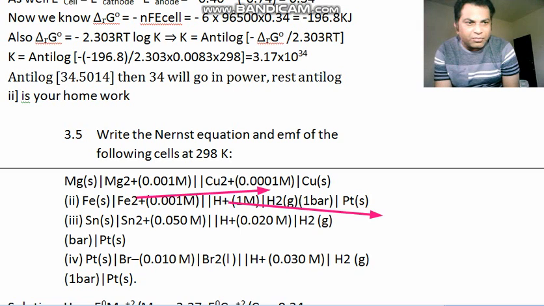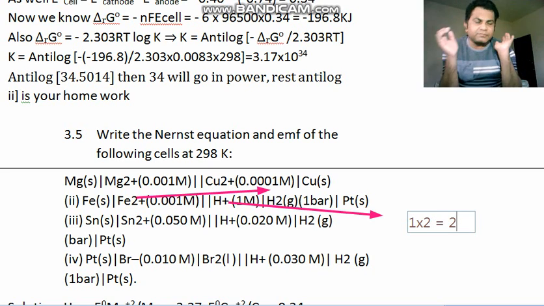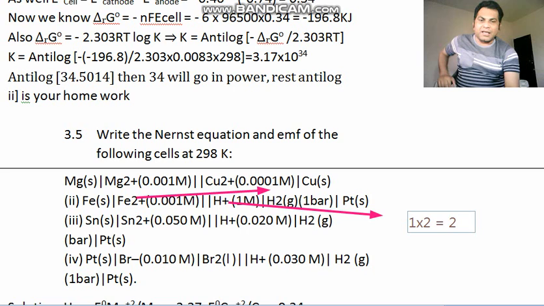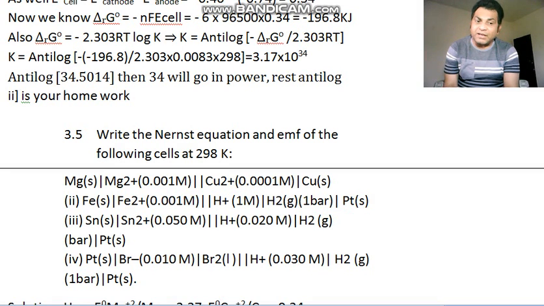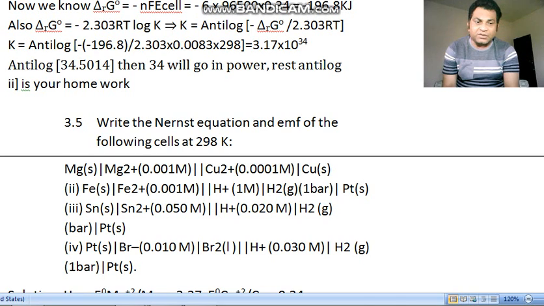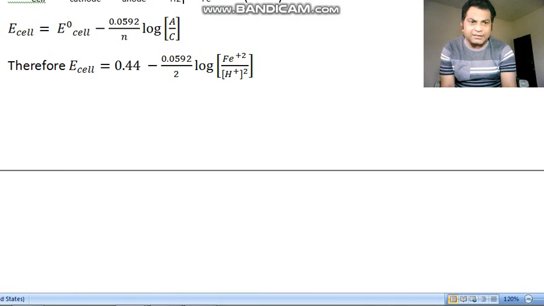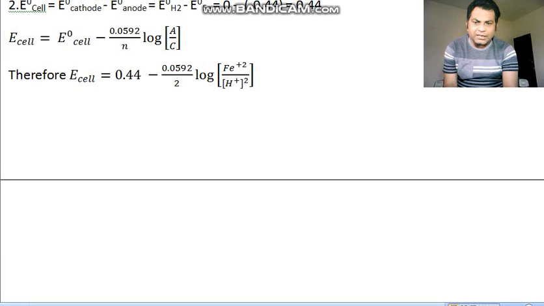આ બંનેનો તમારે શું કરવો પડશે? LCM you have to draw out. And what is the LCM? LCM is nothing but 1 into 2 is equal to 2 is the answer. Okay, so 2 is the LCM. But here, as 2 is the LCM, what is the problem? The problem is this કે ભાઈ અહીંયા હાઇડ્રોજન એક જ વાર છે, તો હાઇડ્રોજન we have to take 2 times, and that's why we are taking the square of the things. Okay, એટલા માટે આપણે ત્યાં શું લીધું છે? અહીંયા આનું સ્ક્વેર લઈ લીધું છે. That you can remember કે આપણે શું લઈ લઈએ છે ત્યાં?